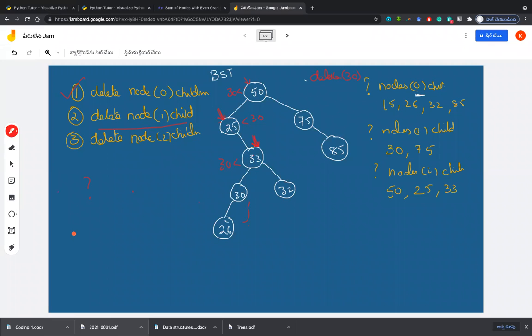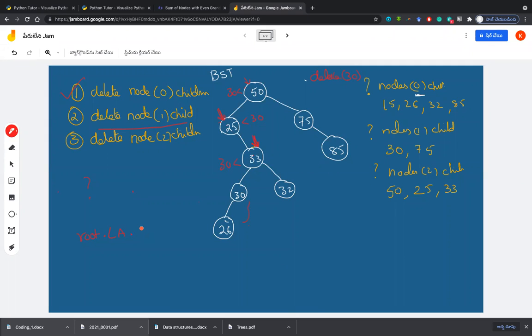So root.LA is equal to... Yes. When our root is at 33, root.LA is equal to root.LA. If you have to again check whether this root's LA is having LA or RA, because we know that 30 is a mother of a single child, then you have to identify whether this mother is having LA or RA. So after that condition, you are sure that LA is only present because RA is none.